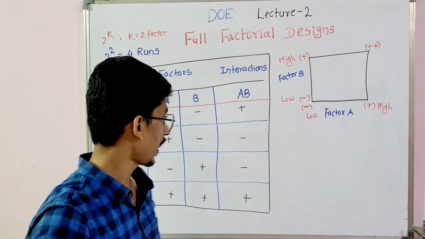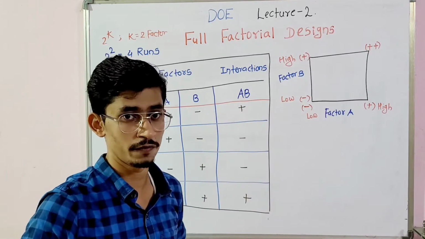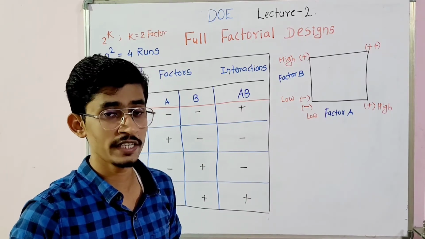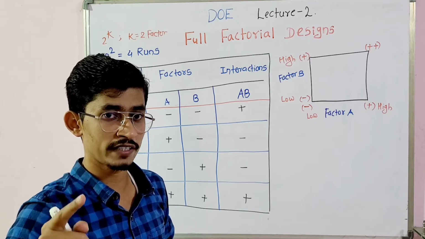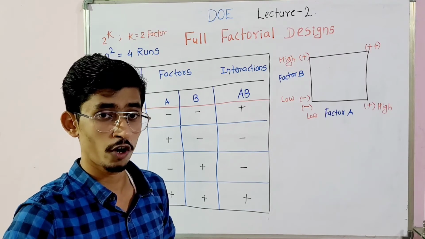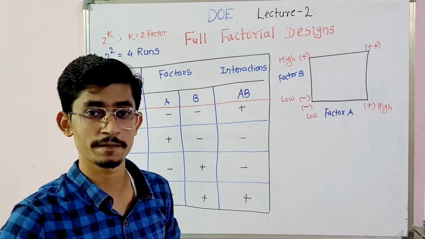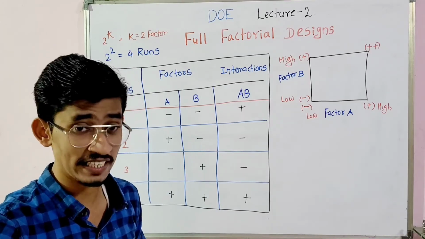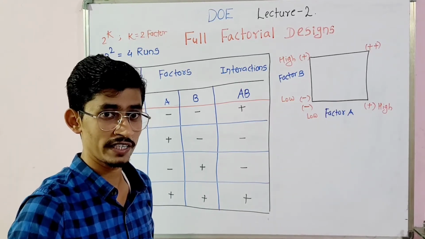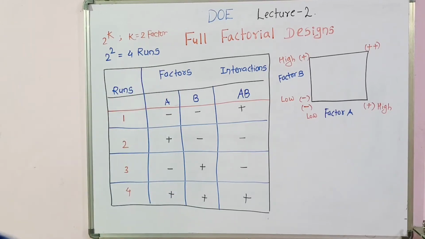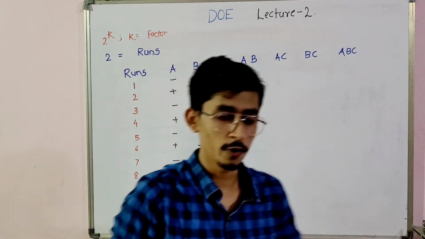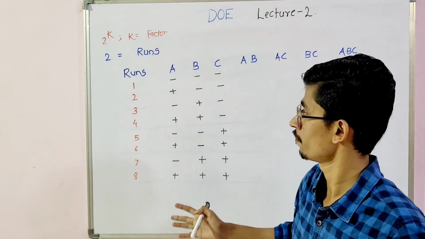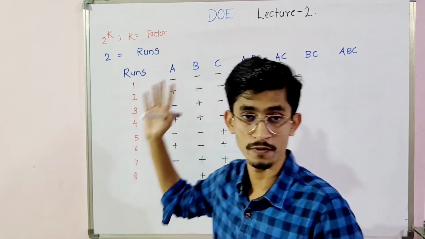If 2 factors are there, we will get 1 interaction effect. So what will be the interaction effect if we increase a factor by 1, meaning if we put the number of factors equal to 3? What will be the interaction effects for A, B, C? That we are going to check here. Just wait, keep on watching. We have a time constraint, so I have already put all the values over here.